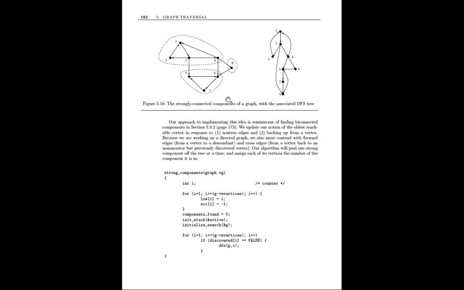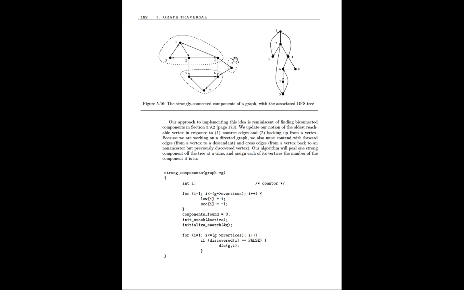In this video, we're going to explore a method for finding strongly connected components of a graph from Skiena's The Algorithm Design Manual. Strongly connected components are subsets of the vertices of a directed graph with the property that from any vertex in the subset you can get to any of the other vertices in the subset. There's a picture of a